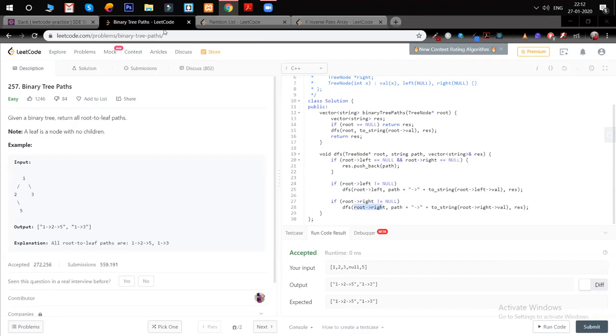But in that case, after each call on the left, suppose it's a left skew tree. Every time you are doing a call on the left node, you're inserting into a stack, which is somewhere an iterative approach of doing things, right? So you can add that to a stack. Even though it's not a function stack, it's still a stack that you have created yourself and are manually inserting into. I didn't get you actually.